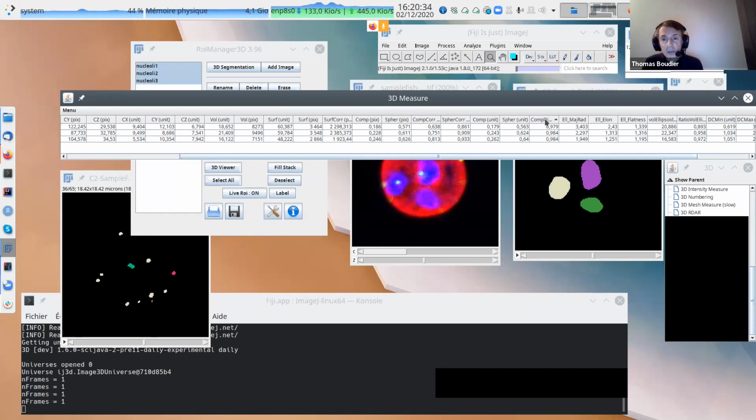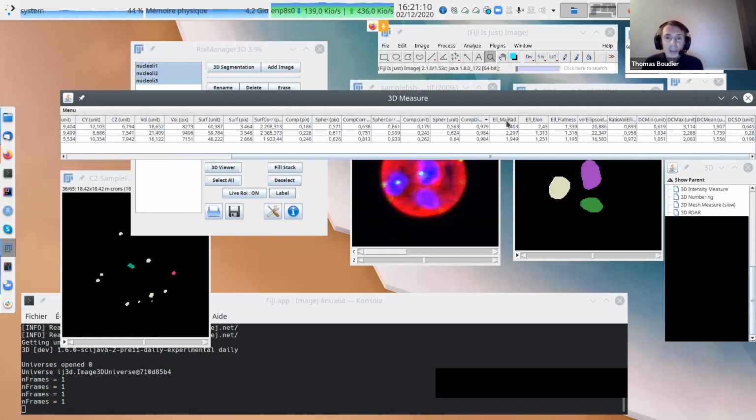Compactness discrete is another way, and maybe a bit more accurate. It is a specific computation of compactness for objects made of voxels. The previous ones are based on the computation of surface, so they are not so accurate, not so robust. This one should be quite accurate, quite robust actually. So if you're really interested in compactness, maybe have a look at comp discrete. This one is quite interesting.